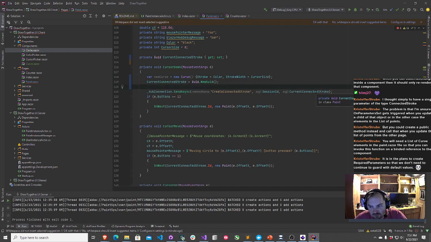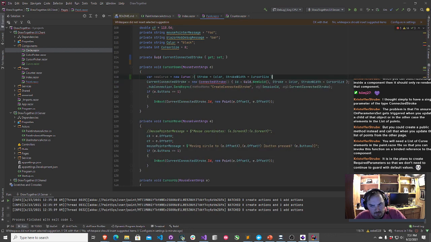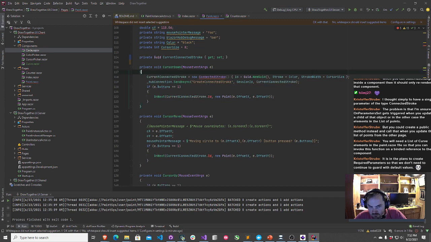Ah, I see why you're using the current connected stroke. We still really kind of need that, don't we? Okay. Well, let's see. New curve.